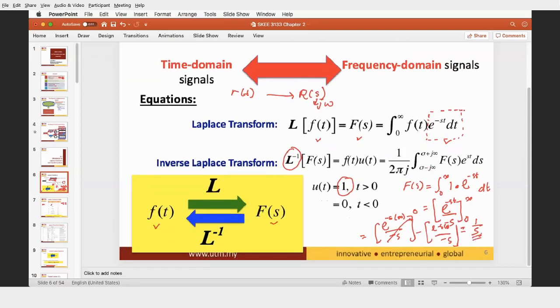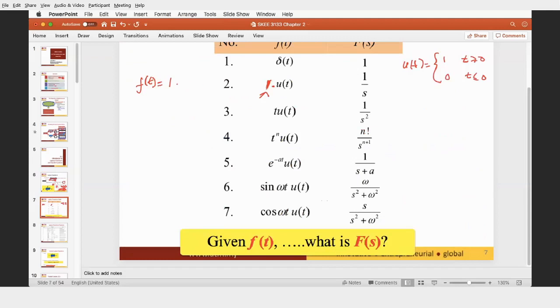You can test, so the result will be 1 over s. But if your function here is 10, you can put 10 here, and the function will be 10 over s. Okay? So this is just a simple example, because most of the